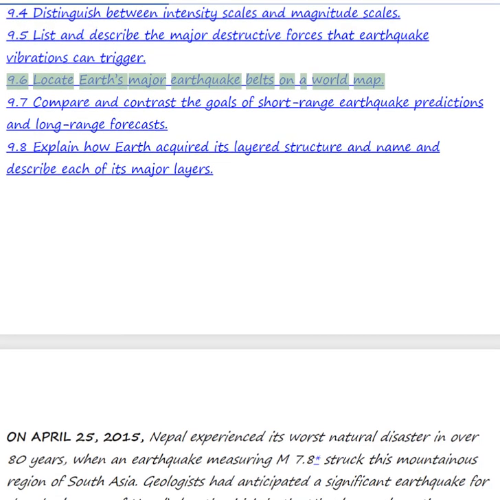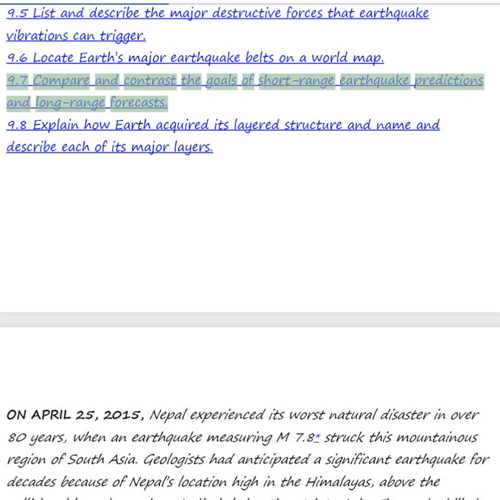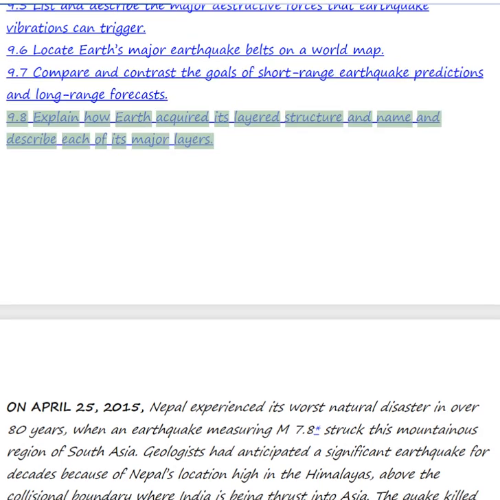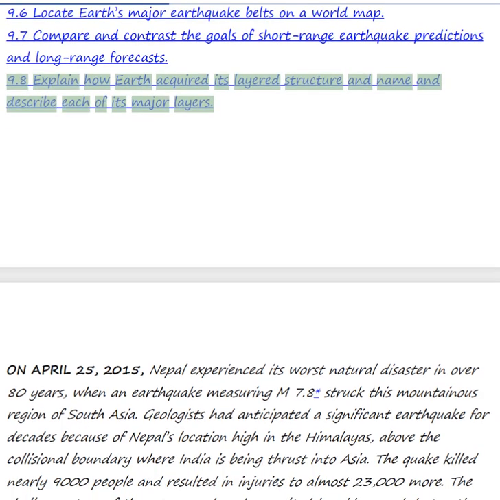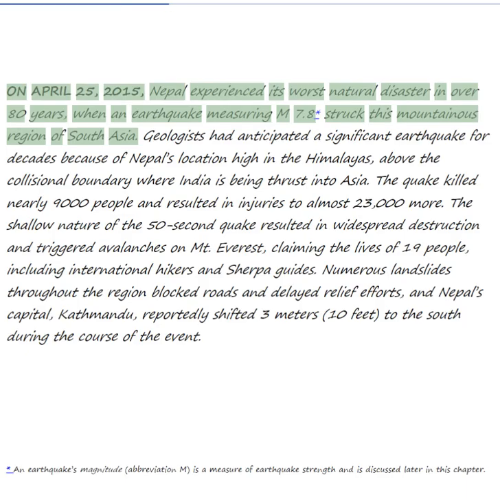9.6 Locate Earth's major earthquake belts on a world map. 9.7 Compare and contrast the goals of short-range earthquake predictions and long-range forecasts. 9.8 Explain how Earth acquired its layered structure and name and describe each of its major layers. On April 25, 2000